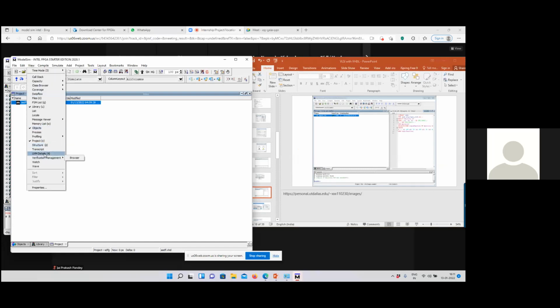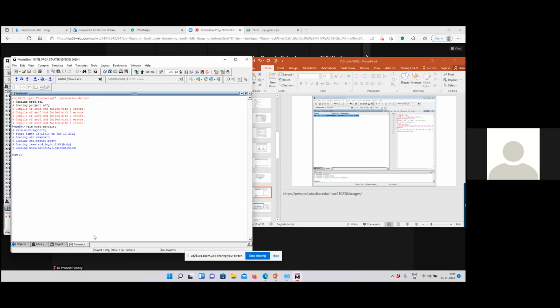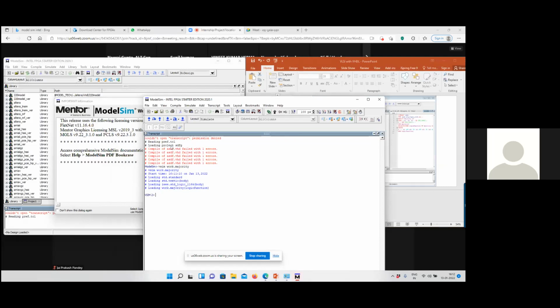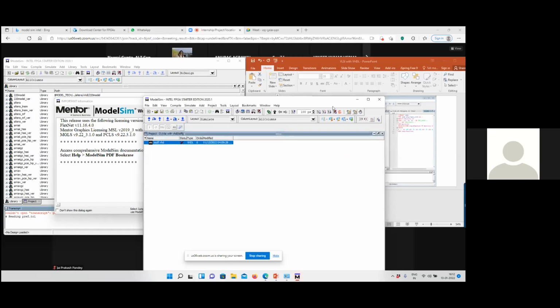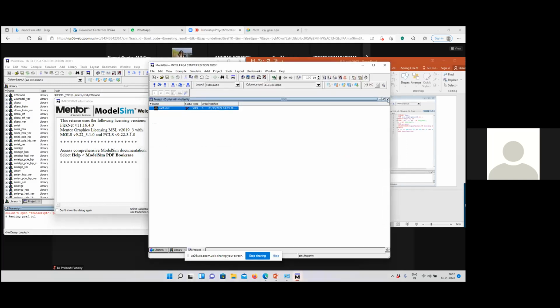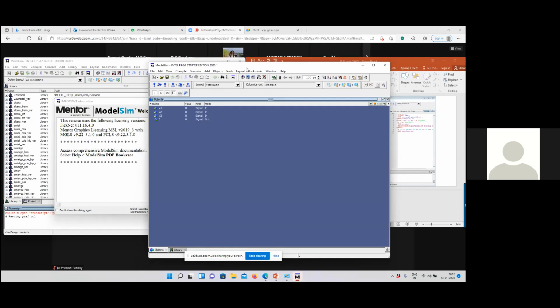Here, view and transcript we can select. So the transcript is also shown. There is one option also, we can undock and dock. So options are available there, but some problem here.